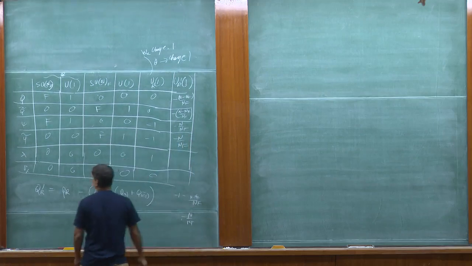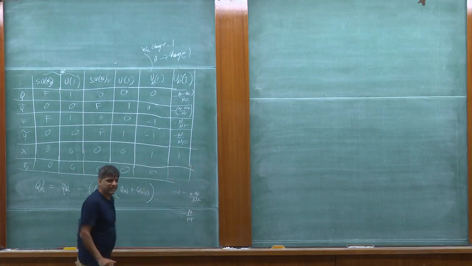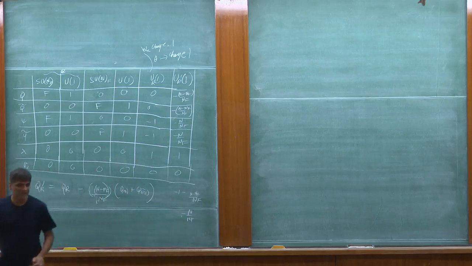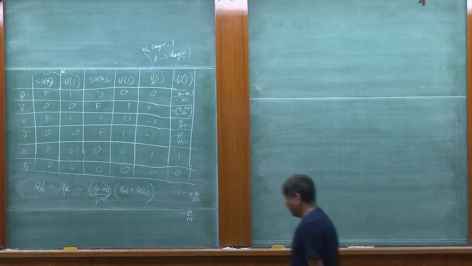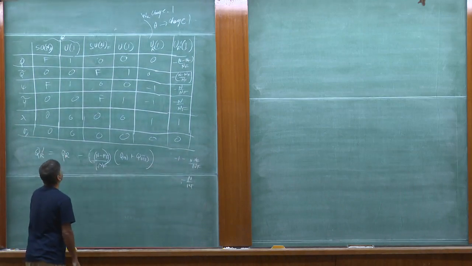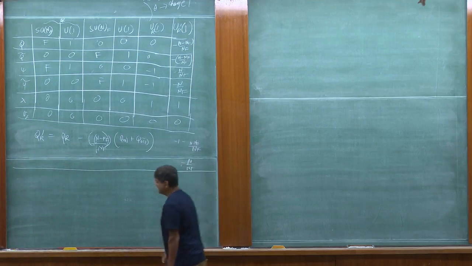And lambda carried charge 1 and still carries charge 1 because it doesn't mix with the U1s, and this still carries charge 0. Okay, so we've got this nice table of charges under all our symmetries. And at the end of the last class, we had obtained this Affleck-Dine-Seiberg superpotential,